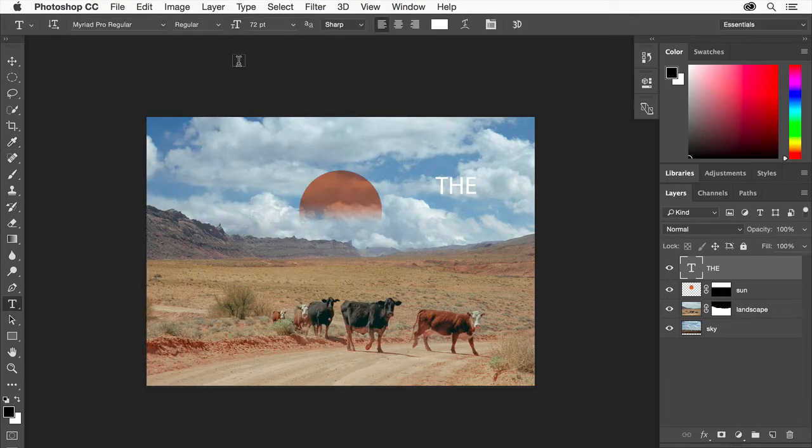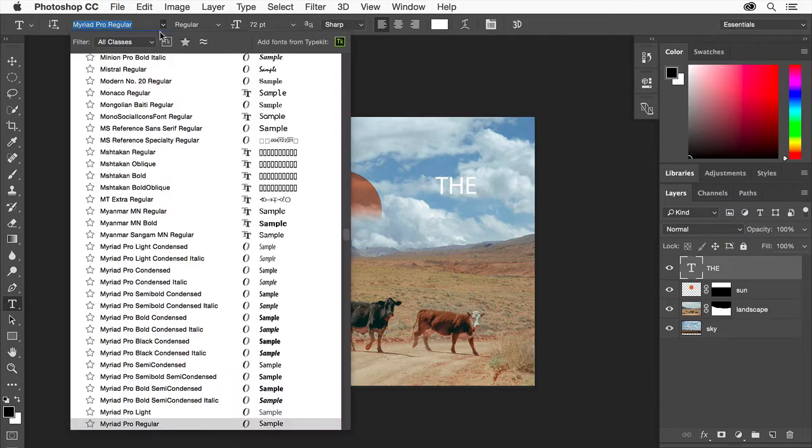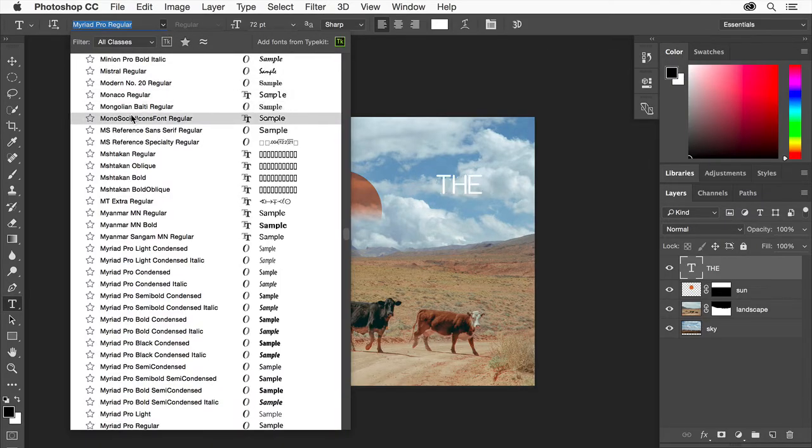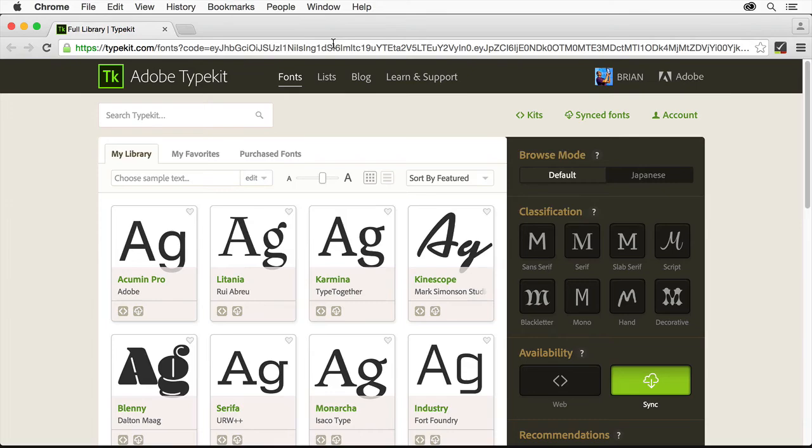Click the arrow to the right of the Font Family field. Hover over any of the fonts in the menu that appears to preview how those fonts will look on your text. You could choose a font from your computer, or as a Creative Cloud subscriber, you have access to the Typekit library of fonts. You can select fonts from the Typekit library by clicking the Add Fonts from Typekit button here. After clicking the button, the Typekit.com website should open in your default browser, and you should be signed in with your Adobe ID. Make sure that the Sync option is selected, that way the font will be synced to